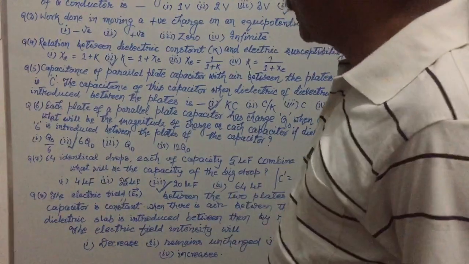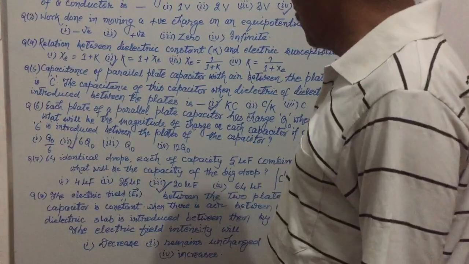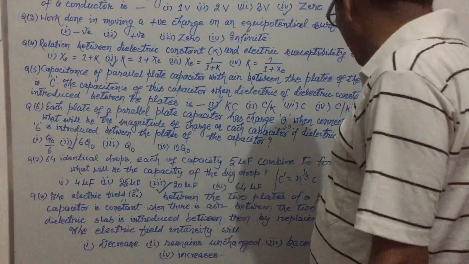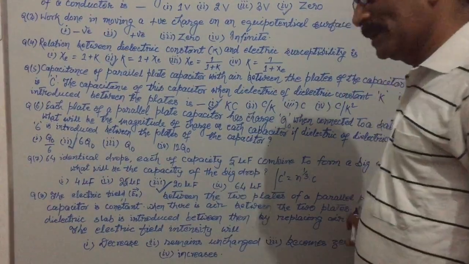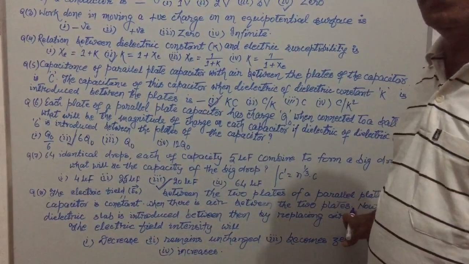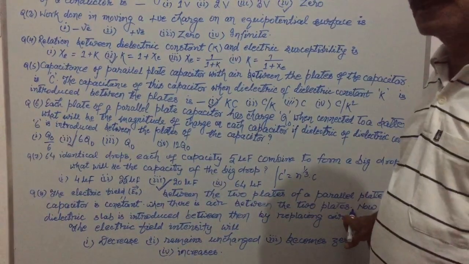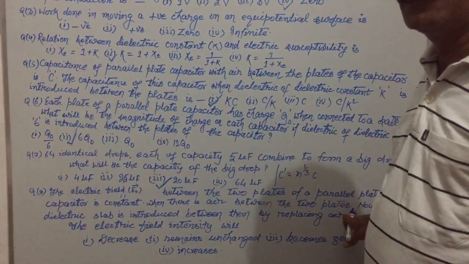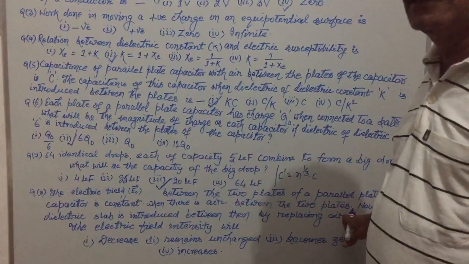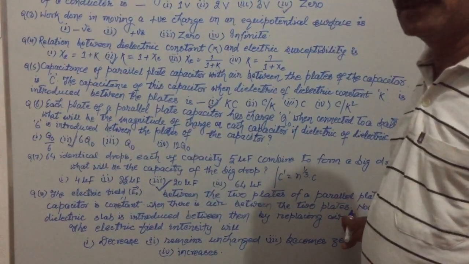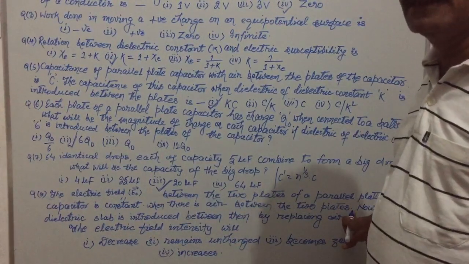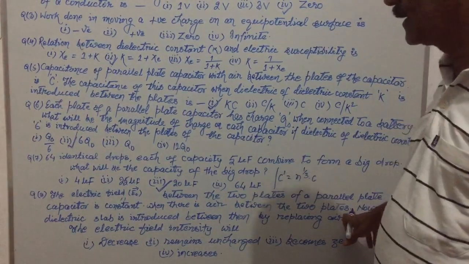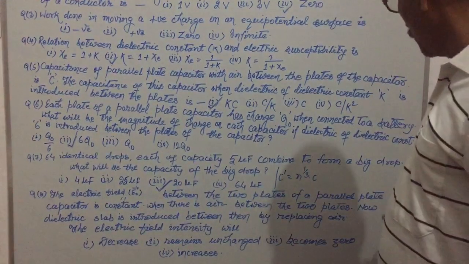Now the last question, it is telling that the electric field intensity E0 between the two plates of a parallel plate capacitor is constant when there is air between the two plates. और ये बात क्लियर है, तुम जैसा कि जानते हो किसी भी पैरेलल प्लेट कैपेसिटर के दो प्लेट्स के बीच एयर जैसी माध्यम है, तो दोनों प्लेट के बीच का जो रीजन होता है वह यूनिफॉर्म इलेक्ट्रिक फील्ड होता है। अर्थात अगर उसे हम एक आइडियल पैरेलल प्लेट कैपेसिटर मान लें जिसमें कोई भी फ्रिंज फील्ड एंड पॉइंट्स पर डेवलप न हो, तो ऐसी स्थिति में इलेक्ट्रिक फील्ड कांस्टेंट ही माना जाता है।